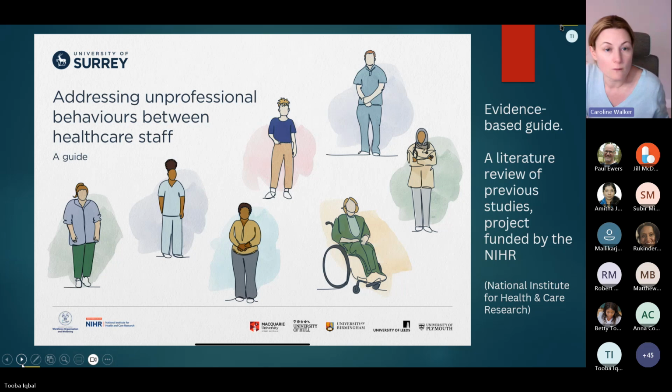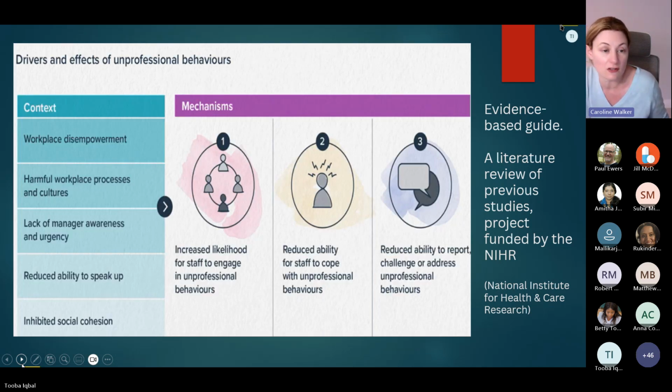So just to move forward, if someone wants a bit more evidence behind this, this is a literature review of previous studies done by the University of Surrey, looking at different ways of addressing unprofessional behaviours. The bit that really echoes some of what Tuba was saying, and some of the information that came through in the narrative comments about why people are uncivil, talks lots about looking at the pressure within the workplace, the workplace culture, and the responses to incivility, and members of staff that feel more disempowered,